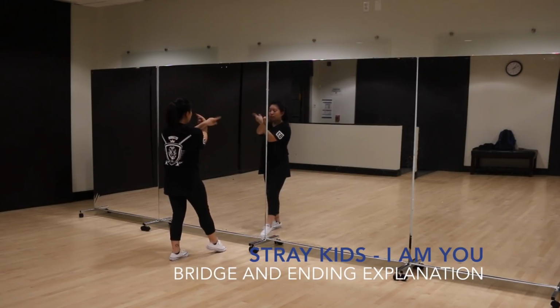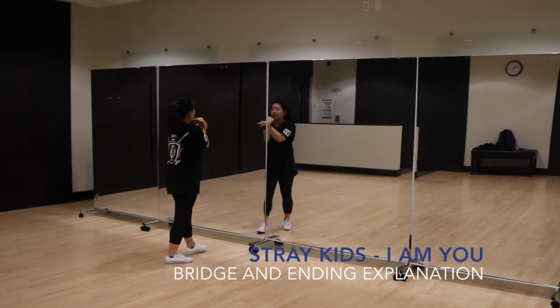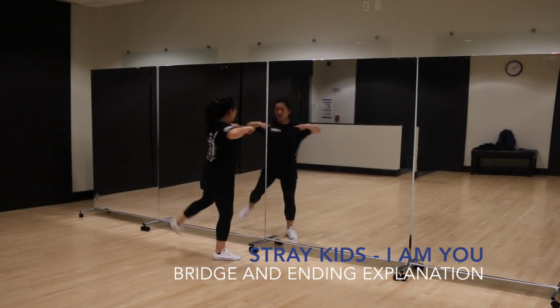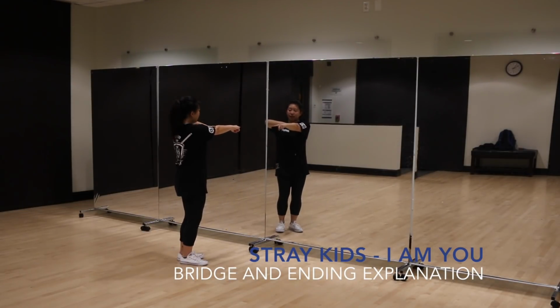So you and I is also when you switch the feet and the hands at the same time. So it's like you and I, you and is basically where both your hands and your legs are doing the same thing, where your right is coming out and then your left also comes out, so you point at each other like so. And then at the same time after that, as you jump, both your elbows are going to come out, and then as you land, basically hitting your right elbow, your left finger on right elbow, and then